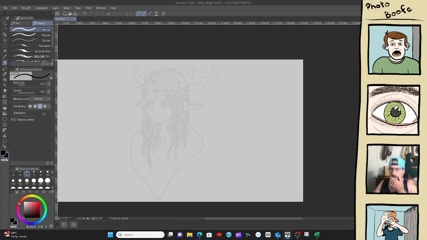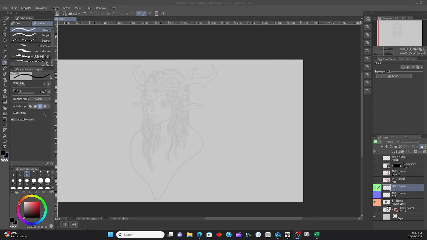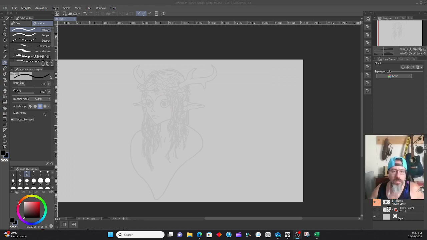Let me turn off my image for a sec and the webcam. So you can see over here I've got a green layer for my line, purple for my color, and this peach color for my rough layer. That's just to help me understand where things are at.